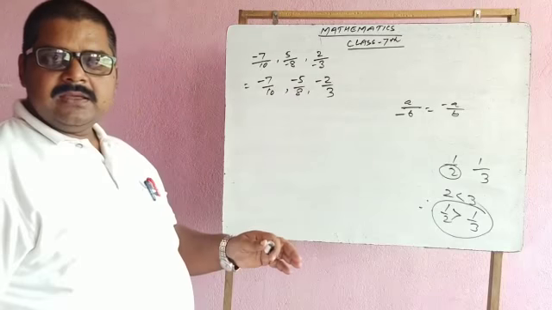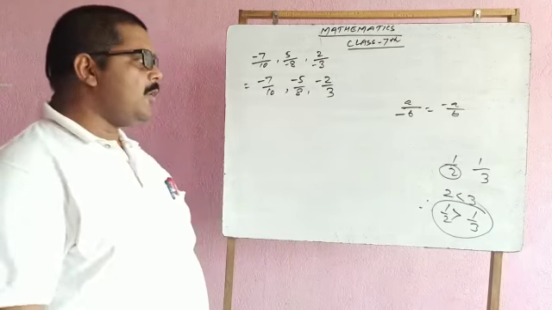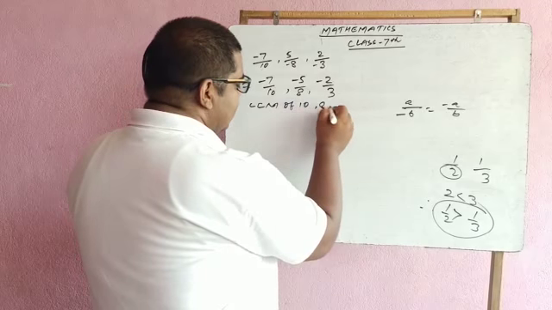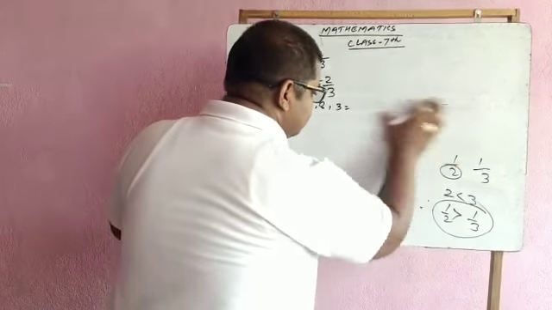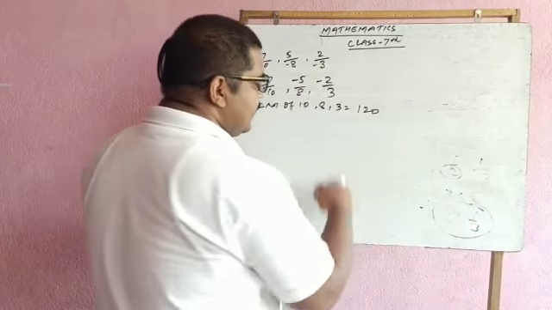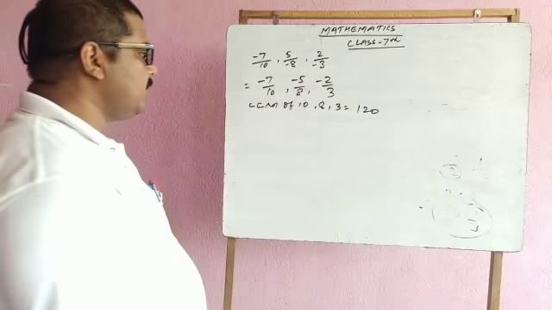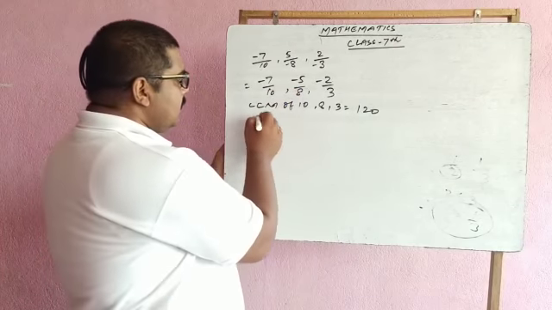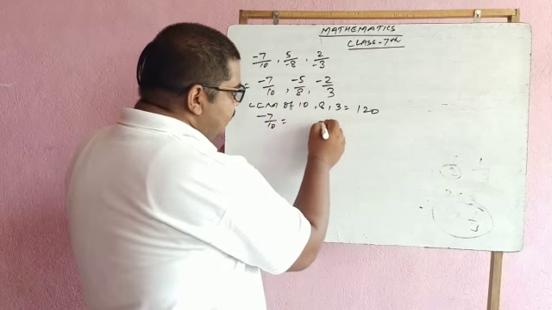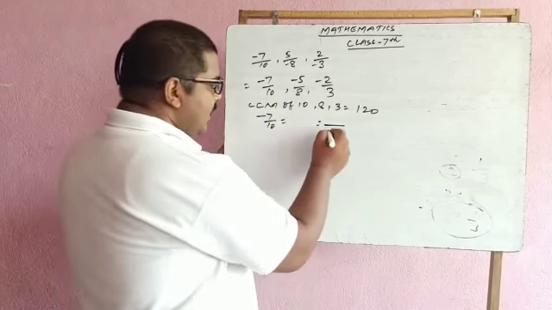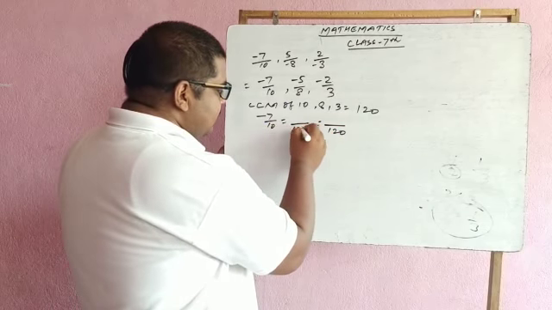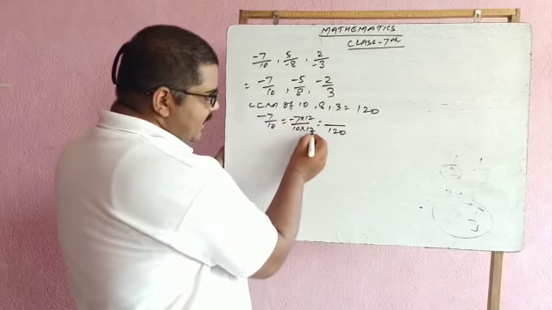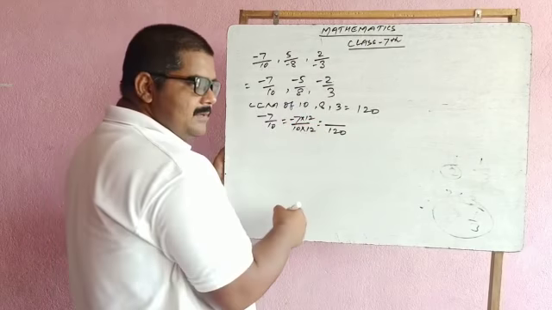And 10, 8, 3, you must take the LCM of 10, 8 and 3. The LCM of 10, 8 and 3 is equal to how much? You know it is equal to 120. You can do it in rough. Now by using the equivalent rational method, minus 7 upon 10, you have to make the denominator 120. How do you make 120? 10 must be multiplied by 12, and minus 7 is also multiplied by 12. 10 times 12 is 120, 7 times 12 is